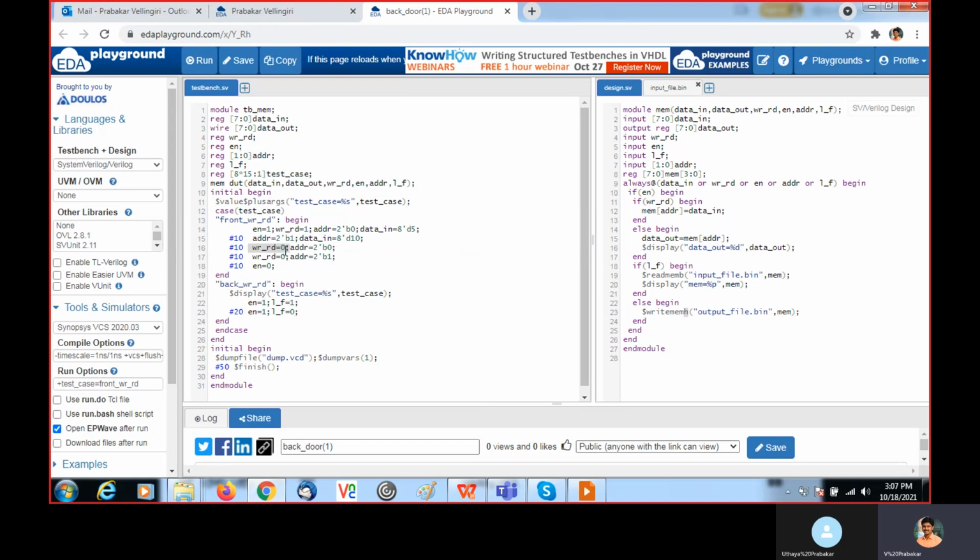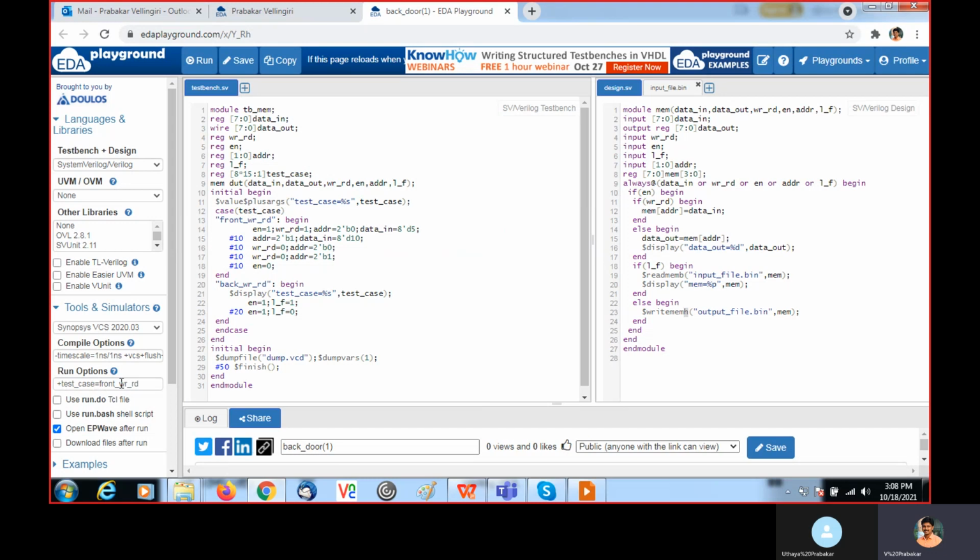That means we are going to perform a read operation from address 0, and after 10 time units, again a read at address 1. In address 0 we are writing 5 and in 1 we are writing 10, so here we are going to read the same locations.